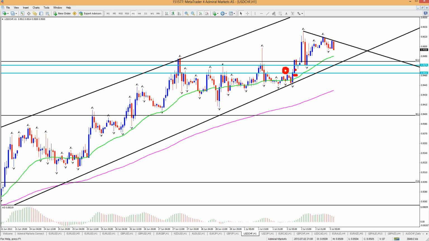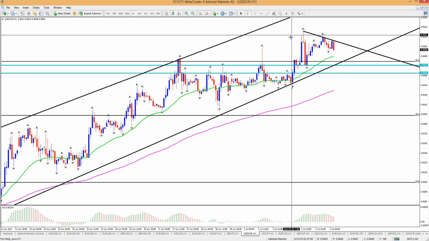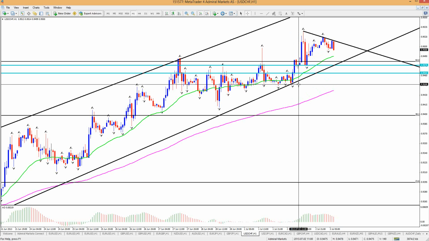So I don't know, it depends what kind of retrace you wanted. If you wanted it all the way here, then you didn't get it. But actually, I think we were looking at, I remember looking at this one, and we said a retrace of this one, and then that could be a good upside. So that worked out well and fine, luckily. So whoever took that, was in that trade, got at least 60 pips, not a lot. But if you compare it to the risk of 20, it's still 3-1, right? So that was a good break, right at the trend line. So here too, we can wait for a break of this trend line now for a break to the upside.